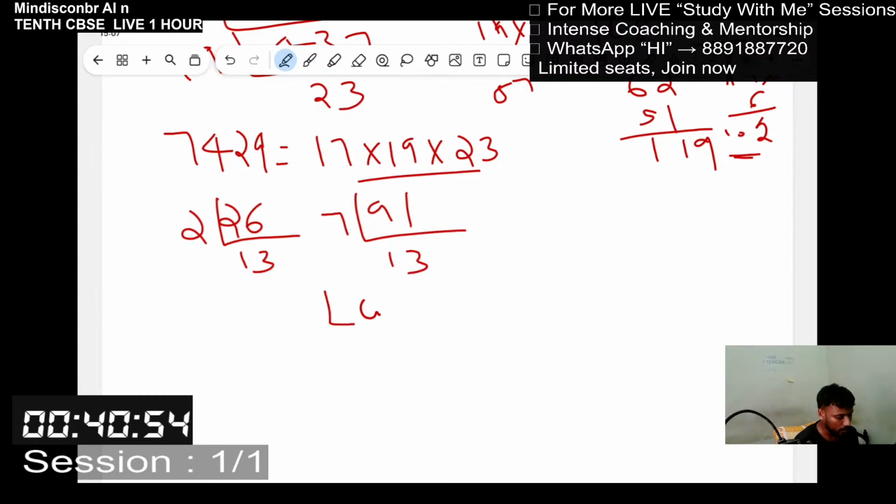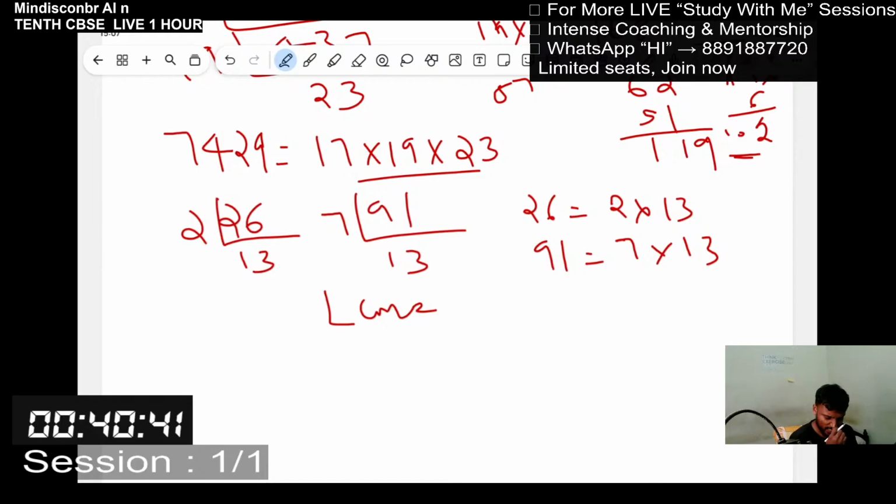So LCM is equal to 26 can be expressed as 2 into 13 and 91 is equal to 7 into 13. So LCM is